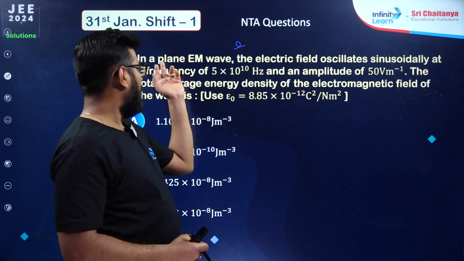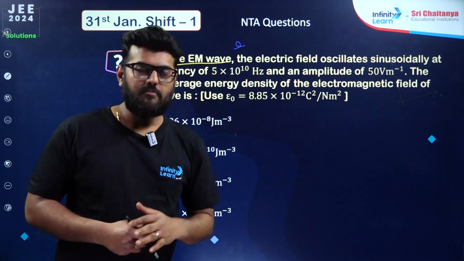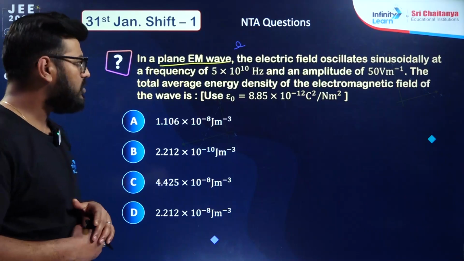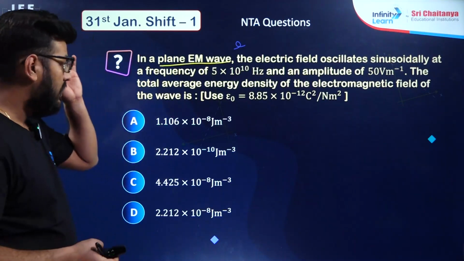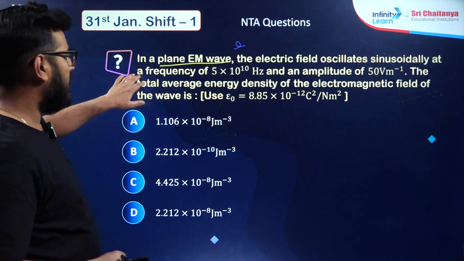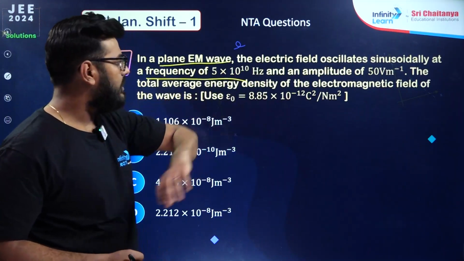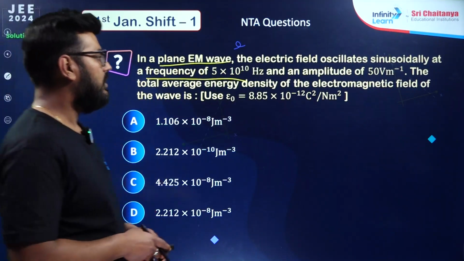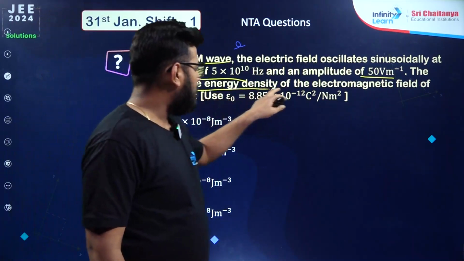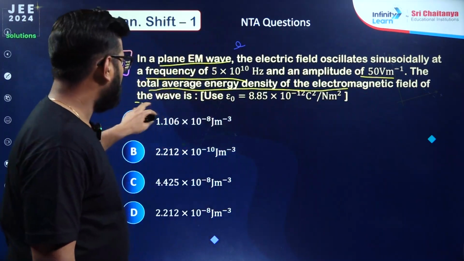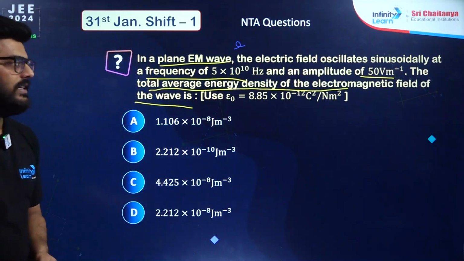1 also, and again EM wave questions have been asked in this shift also, and in most of the cases we have seen electromagnetic waves questions have been asked in the exam. So the electric field oscillating sinusoidally at frequency 5 × 10^10 Hertz and an amplitude of 50 volt per meter. The total average energy density of the electromagnetic field of the wave is, how much is going to be the total